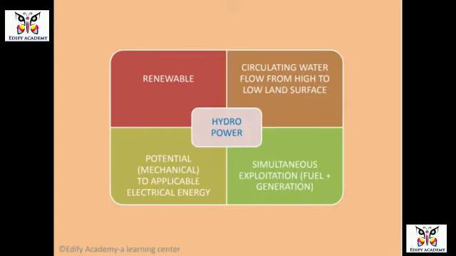Why is this particular energy source considered more preferable compared to coal energy or the thermal power plant? Because in thermal plants the steps occur in sequence. It means that in the first order the exploitation of fuel occurs, and in the second order comes the generation. So hydropower sometimes has the advantage over the thermal power plant.